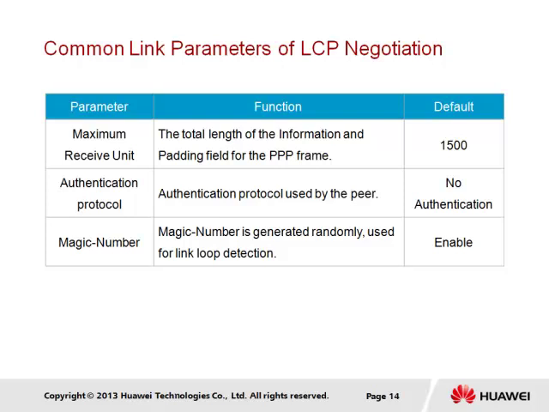The magic number is another parameter that may be included, particularly to detect whether a loop exists. Very simply, the sender will generate a number, typically at random, that will be used as the magic number. If the number in the received configure request contains the same magic number as the last sent configure request packet, it is assumed that the same packet has also been received as a result of the link being looped back. There is also the small chance, however, that the sent and received magic number from a peer is the same, and so a configure NACK containing the magic number would be sent to better determine whether the link was really looped.